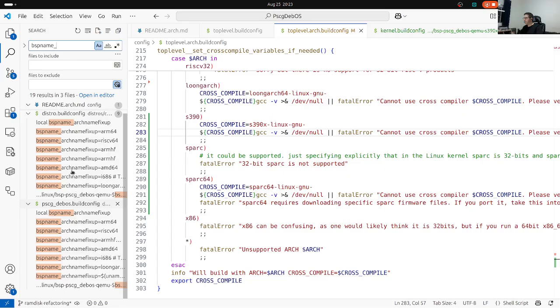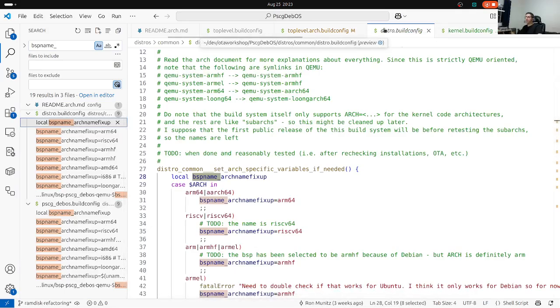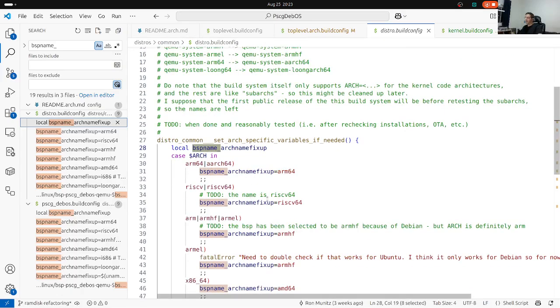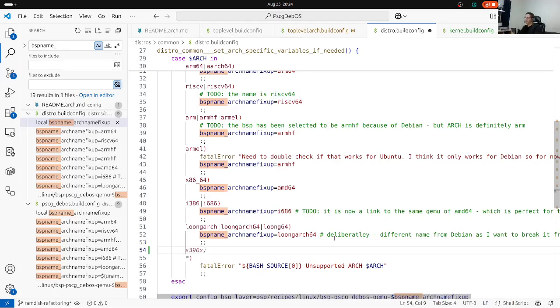Now I want to build the BusyBox config really. So that's what I'm going to look at. This distro build config is in the common one, so it's good. Let's see what we have here. If the architecture, I'll add it here. If the architecture is